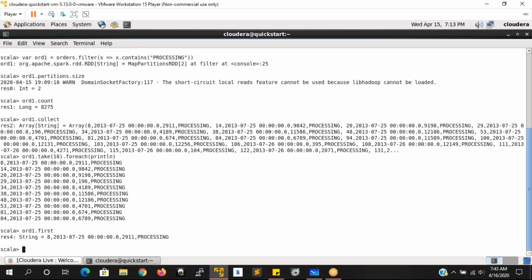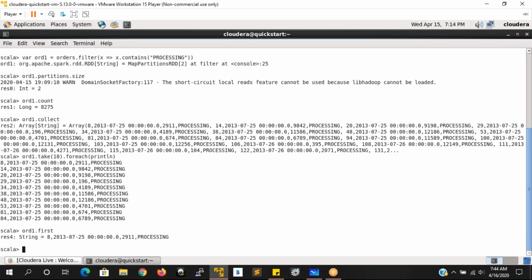I want the results to be stored in your Hadoop distributed file system or into your local file system. Whatever results the action is going to produce, I don't want to return into a terminal. I want to store into an HDFS location or LFS location. So how exactly are we going to save this data?